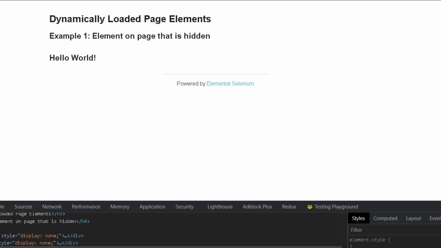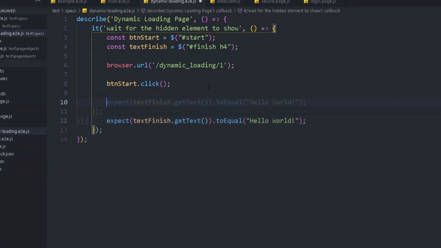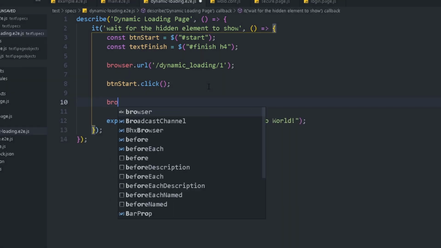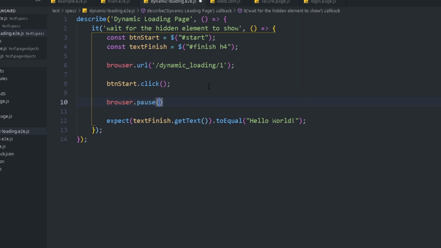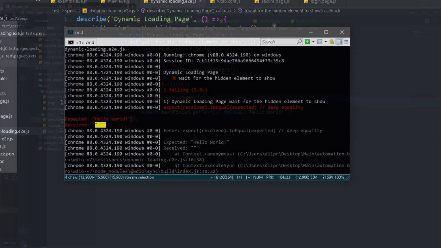So one easy way to do it is I can just tell my test to wait for a few seconds and then try to actually fetch this text. So let's implement that. Here I can say, hey, just wait for a few seconds. So I will do browser dot. Just the way you can add in a sleep, I can do browser.pause in WebDriver IO, which will take in time in milliseconds that it's going to wait. So here I'm going to say, hey, just wait for 5000 milliseconds. That is actually 5 seconds. So let me run this and see what happens.